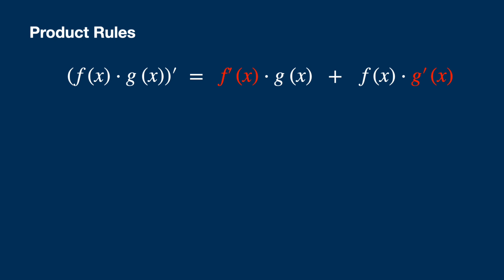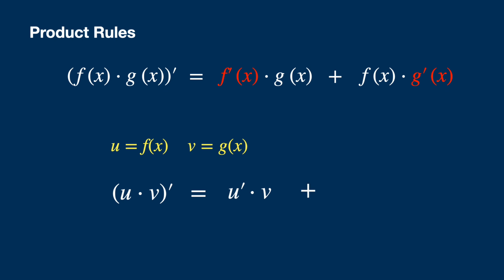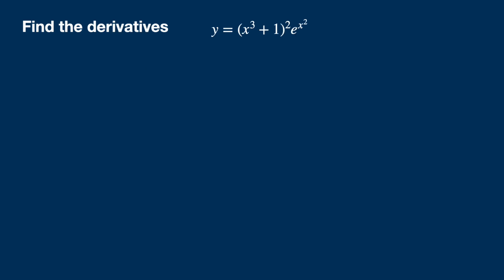I'm going to give a simpler form right here, guys. I'm going to put u equals f of x, v equals g of x. This form is u times v prime: first function derivative, u prime times v, plus second function derivative, that's u times v prime. That's the product rule, guys. Be very careful with the product rule. So let's practice